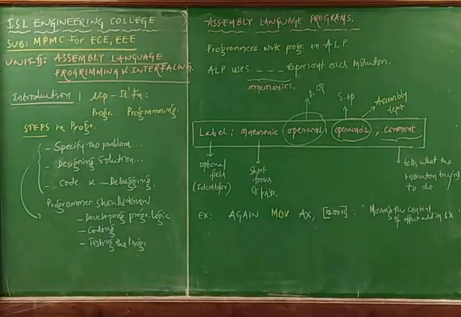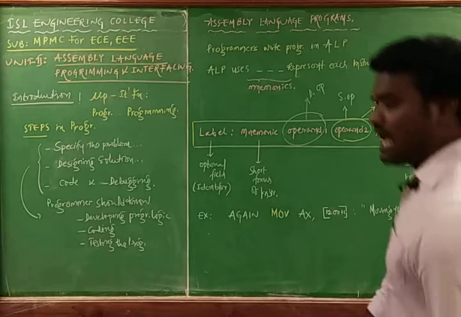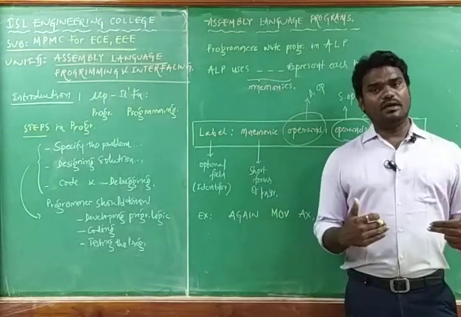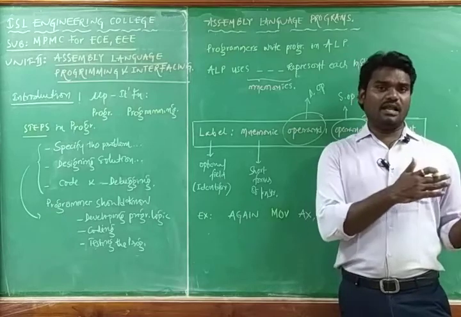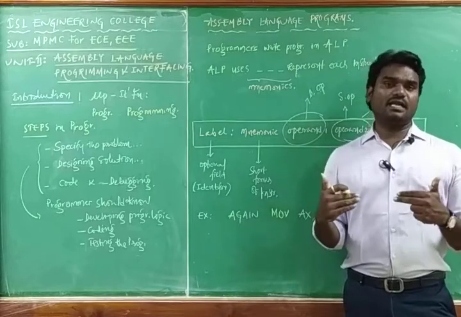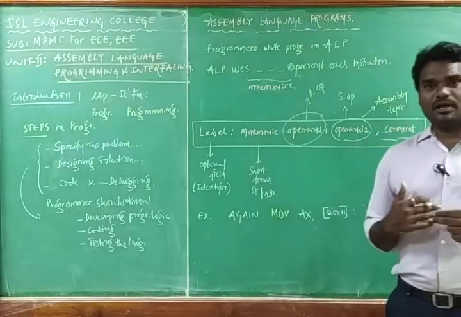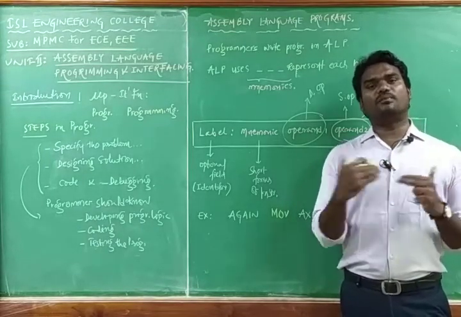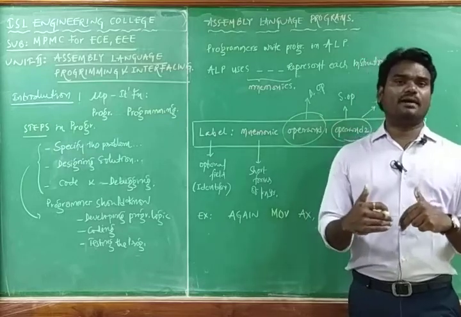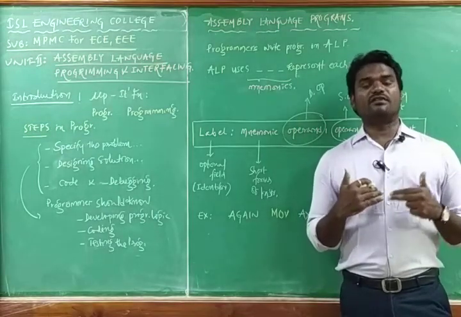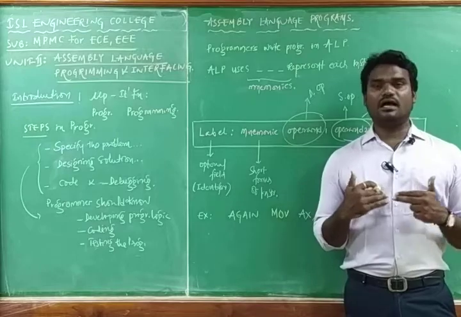We know the assembler is a program which converts an assembly language program into machine language. The assembly language program is developed by the programmer, whereas the assembler converts it into machine language. Machine language is a set of instructions represented in binary form, which can be read by the microprocessor. So, to convert assembly language program into machine language, the assembler has to be directed by some directives, and those directives are named assembler directives. We are going to discuss them in the coming class.